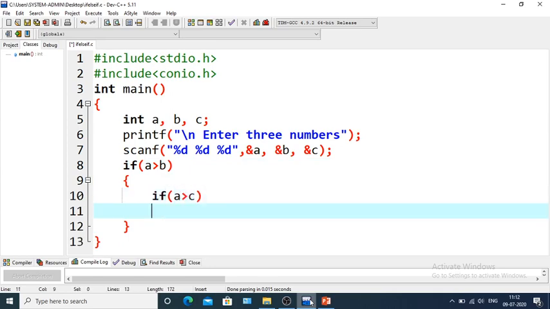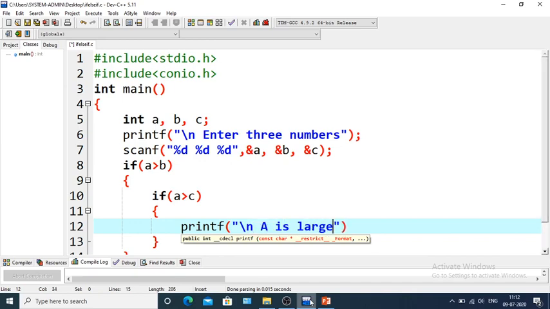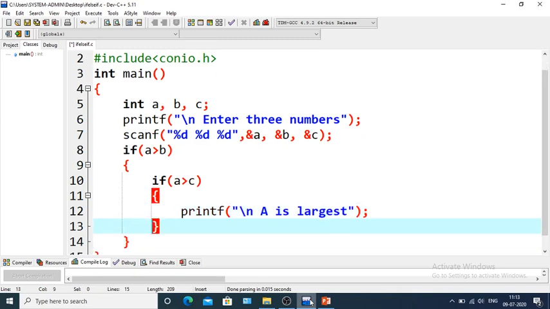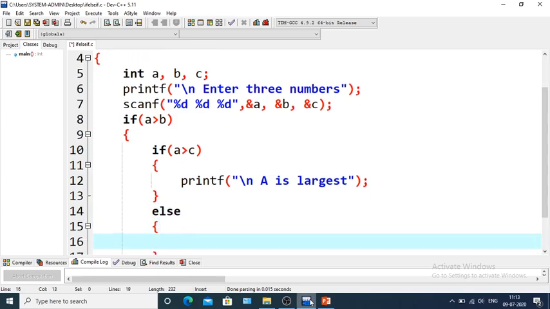Okay. You can say that printf: a is largest. Okay. So in the else part, c will be largest. Okay. Yeah. So c is largest.